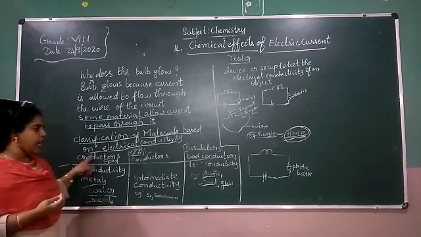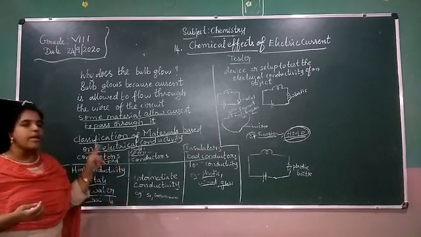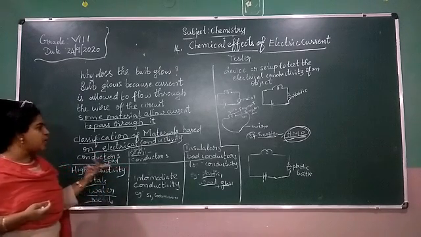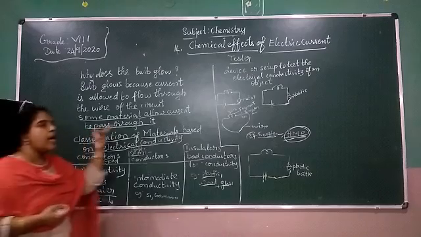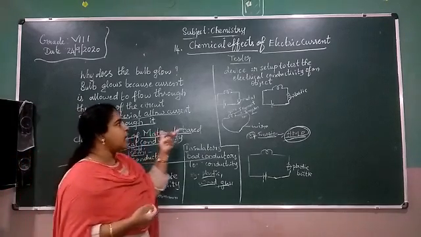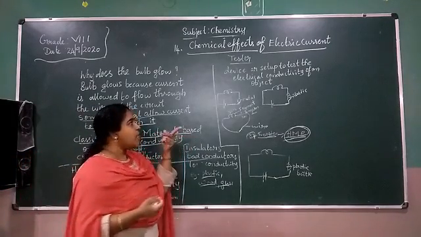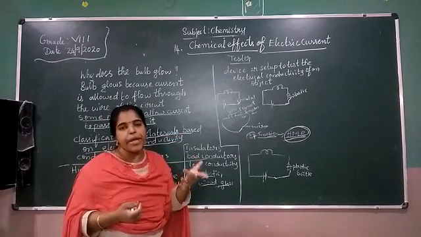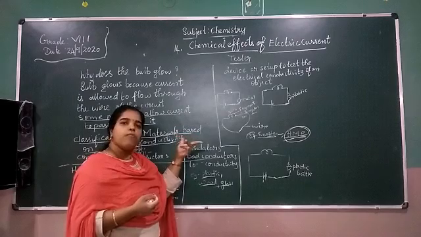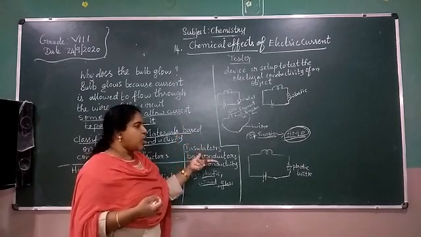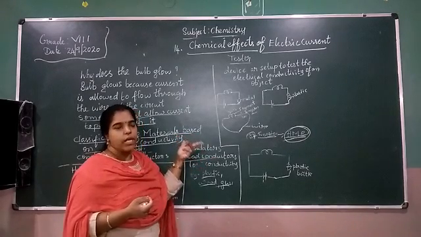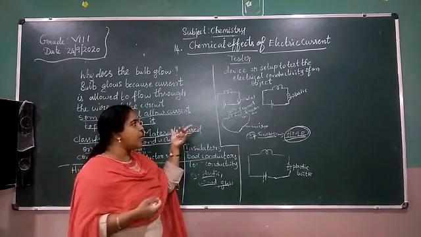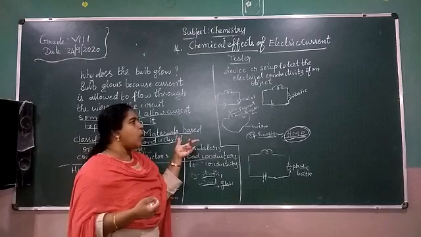Next, conductors, semiconductors and insulators. These are the three classifications based on electrical conductivity, and we did the activity also. We were testing with the tester. Tester means a device or setup to test the electrical conductivity of an object. We already tested using the circuit with the plastic bottle and the metals, to see whether they are good conductors or bad conductors.